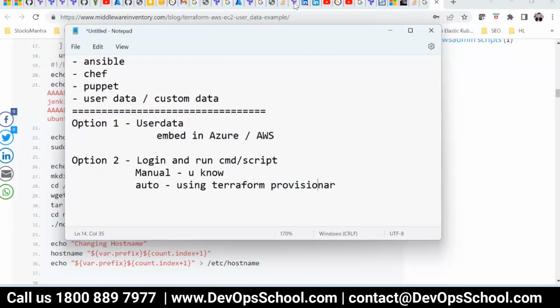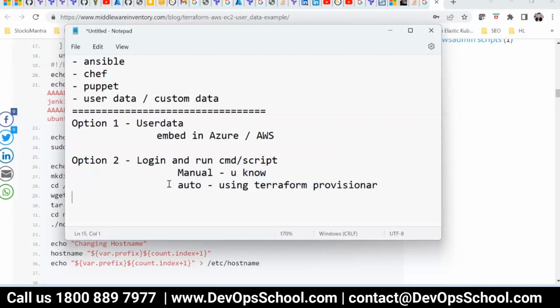All of you. Hello. So option number 2, basically the VM is created and I will use the Terraform provisioner just to run the script. Yes, I will use the Terraform provisioner just to run the script. So the Terraform provisioner will log in and run the script using this one. Automated way, no manual way.